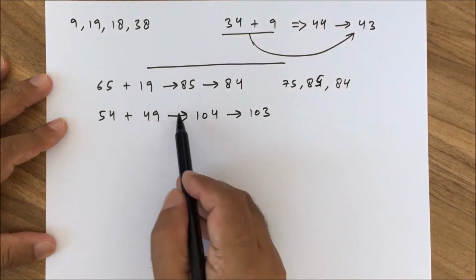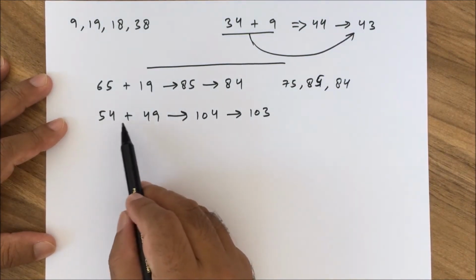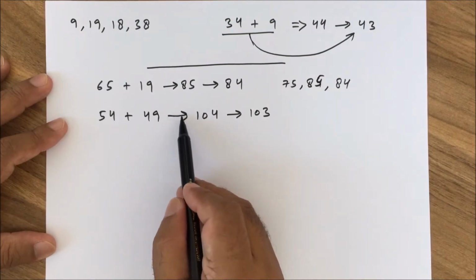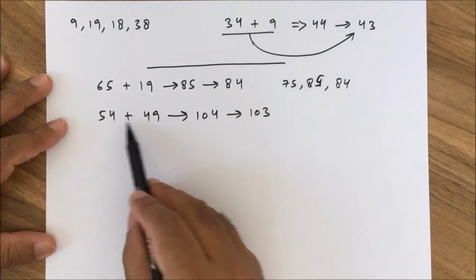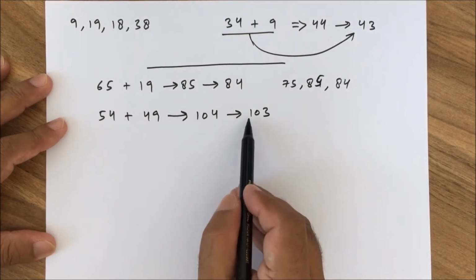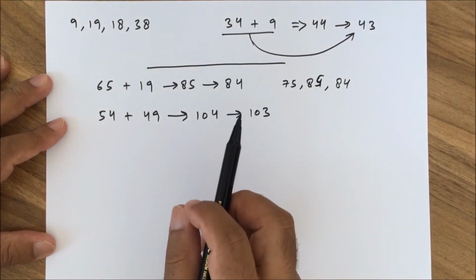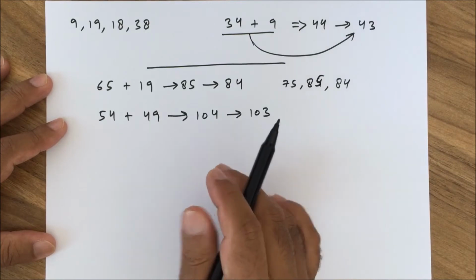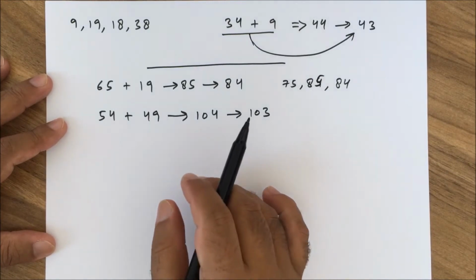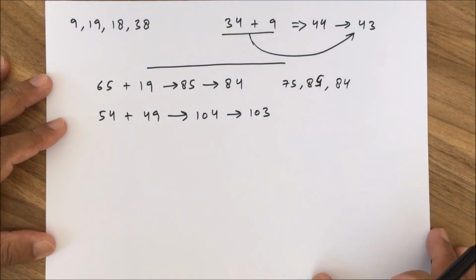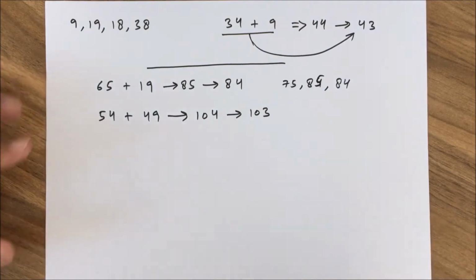That should be natural. I put arrows because 54 plus 49 is not equal to 104. That's why I don't write an equal sign, but in your mind it should be right away 104 and then 103. And with a little practice, this process of thinking is so fast that before grabbing your calculator, or let's say if some other person is grabbing the calculator, before that you will get the answer to the question. Okay, do this practice and then we'll move on.